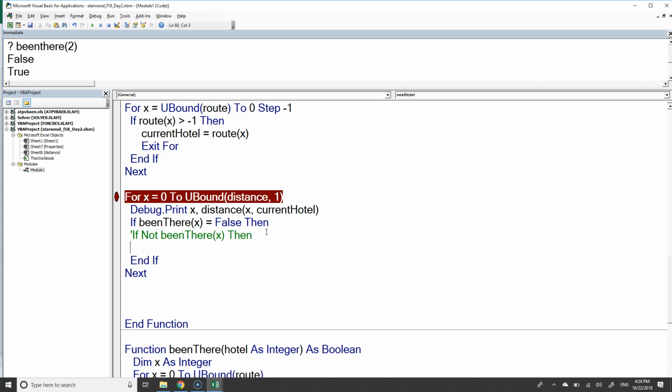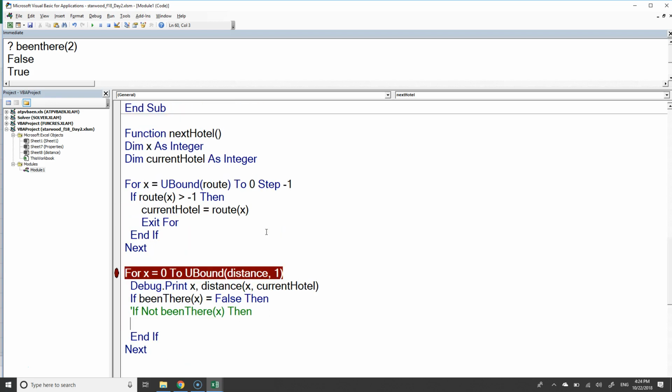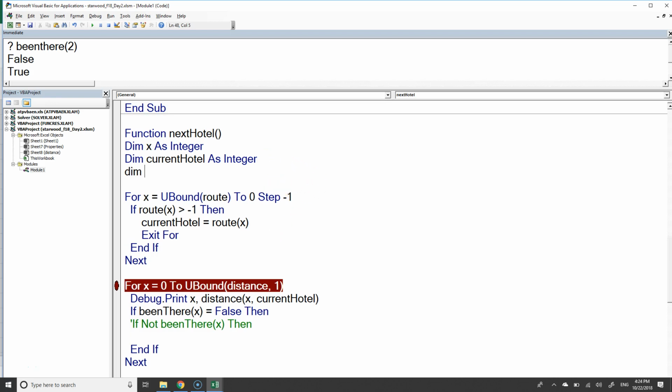And so, when we look at the first one, we think, okay, this could be the shortest one. We need to remember this is possible. Could we find the shortest distance on the very first one we look at? We could. So we got to do a couple things. We got to say, oh, this is possibly our shortest distance, and we got to remember where we saw it. What hotel did we find it at? So let's give ourselves a couple more variables to work this problem. I'll declare these back at the top for next hotel. I'm going to say dim, I'll call it short distance